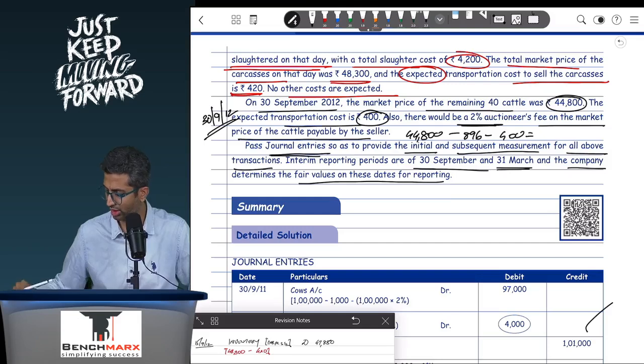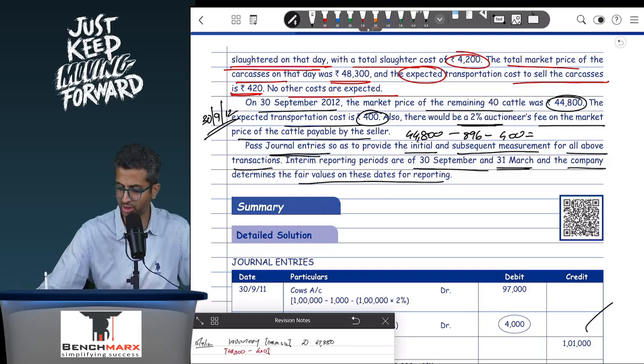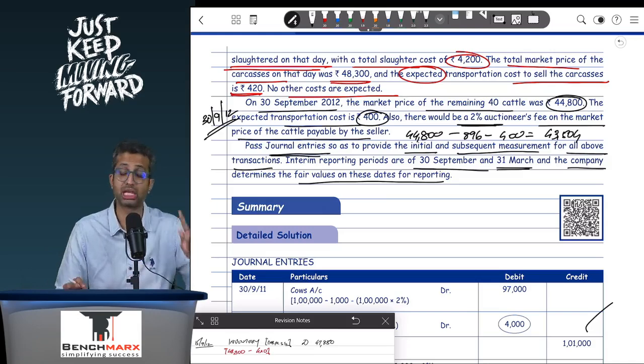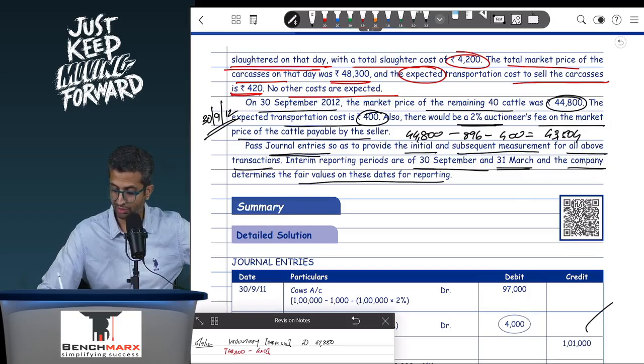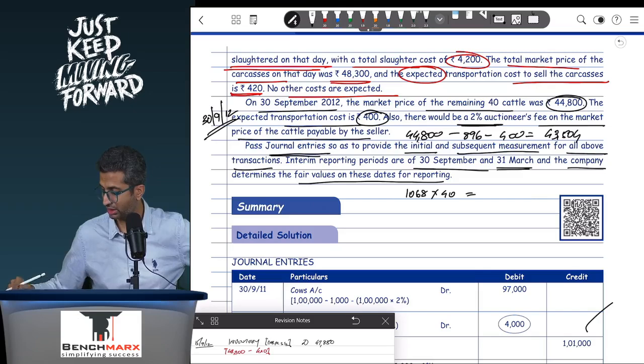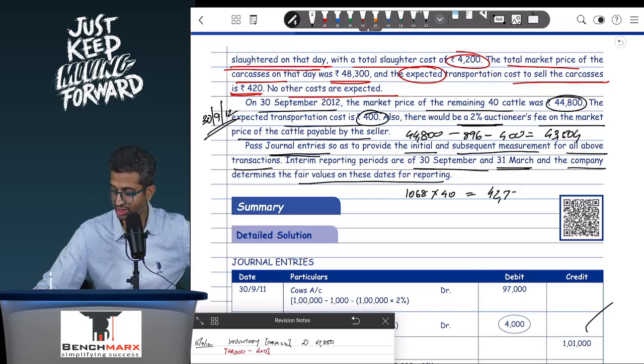So 44,800 less 896 and less 400, I think this comes to around 43,504. Now this is a fair value less cost to sell of the biological assets, which are still going to appear as a part of your biological assets. In your books of accounts, this cattle currently is appearing at 1068 into 40, the remaining 1068 into 40, and this cattle is still appearing at, I think, 42,720,